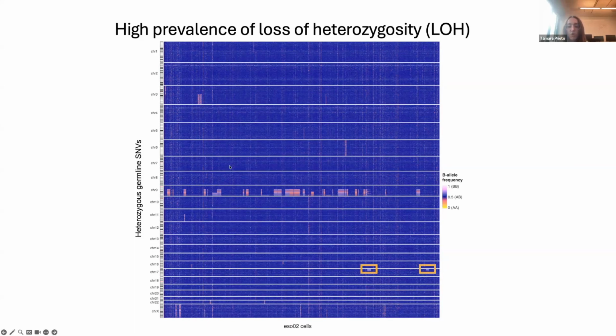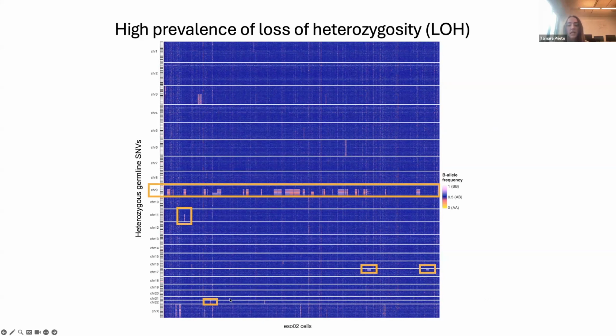However, other clones showed loss of one of the parental alleles without any detectable CNVs. For example, chromosome 17p shows LOH associated with TP53 mutations, as we discussed before. But we also observe LOH on 11q and on chromosome 22, the latter carrying an EP300 mutation.